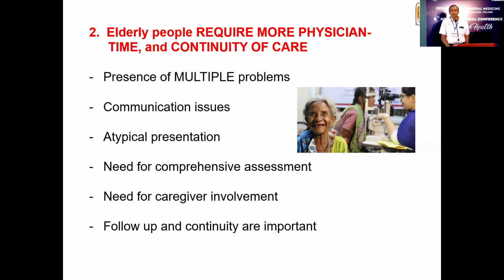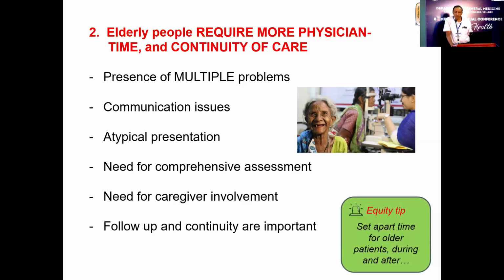Because they will have communication issues, their presentations are atypical, they need a little more comprehensive assessment than just recording a temperature, a pressure, and a respiratory rate and saying, okay, take a paracetamol. They probably require a little more assessment than that. Caregivers need to be involved, and continuity of care, because we are dealing with chronic illness, is very, very important. So again, what is the equity tip here? We need to set apart time for older people during and after our interactions with them. Third,